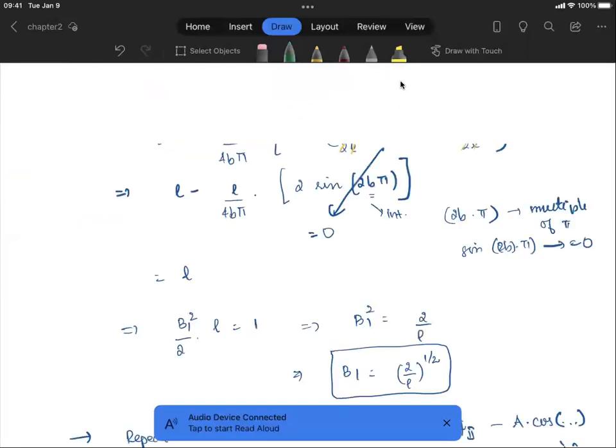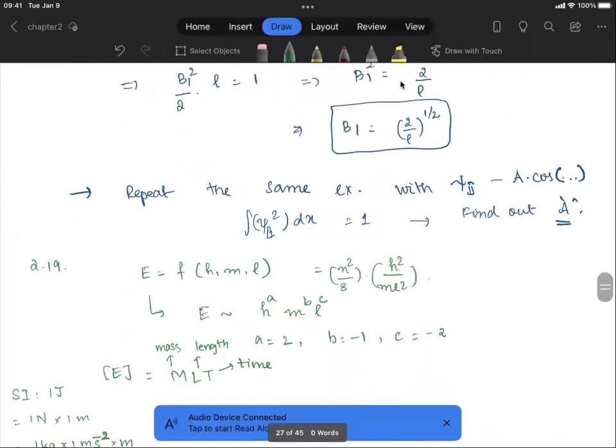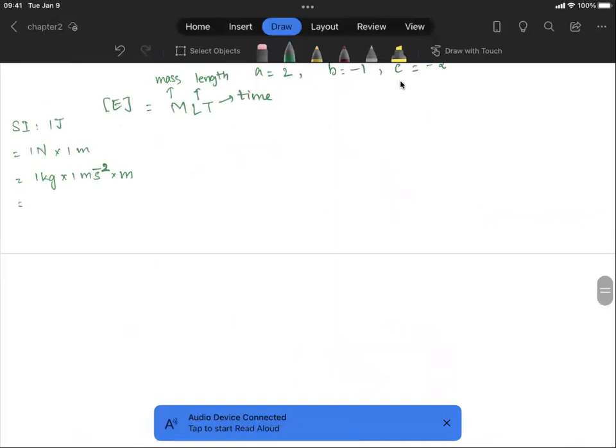So in this case, this is the dimension of mass, right? So we have one mass term raised to the power 1. And this is the dimension of length, which is raised to the power 2. And this is the dimension of time, which is raised to the power -2,